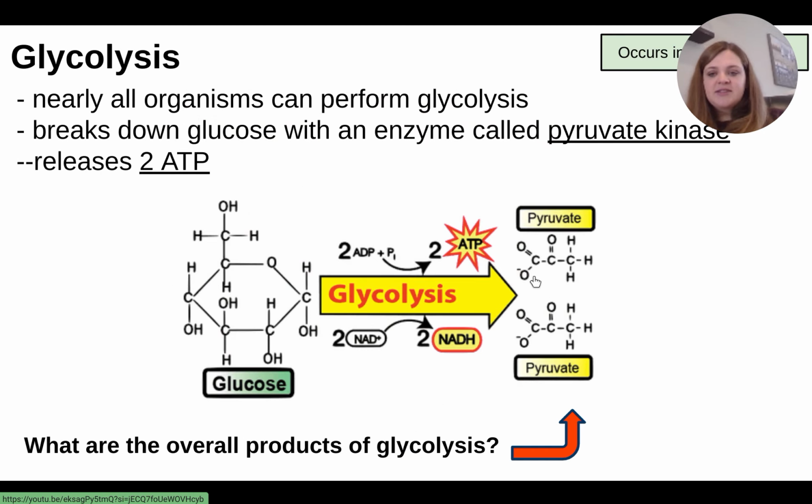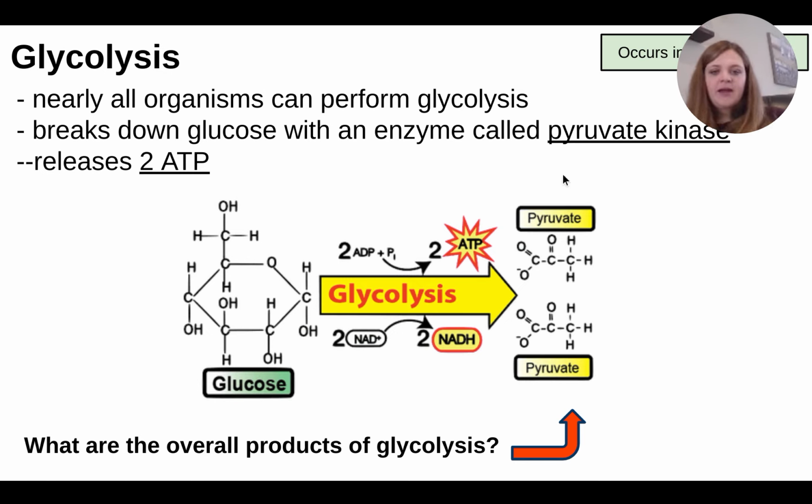Okay, so let's go into a little bit more detail about each of these steps. We're going to start with glycolysis. Glycolysis is that very first step, like I said, that breaks down that sugar, that glucose, into 2 pyruvic acid. You can see in our organic molecule here that there are 6 compounds. Basically, if we split this in half, we get these 2